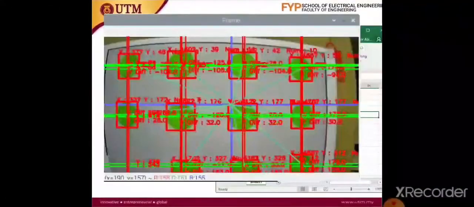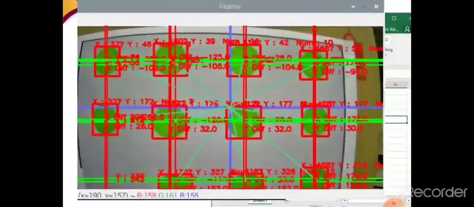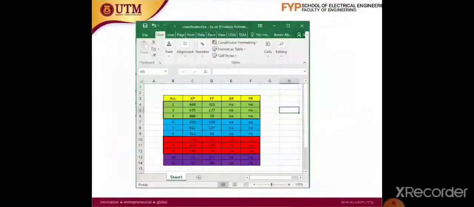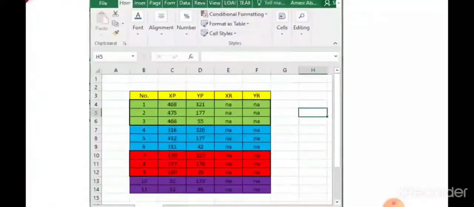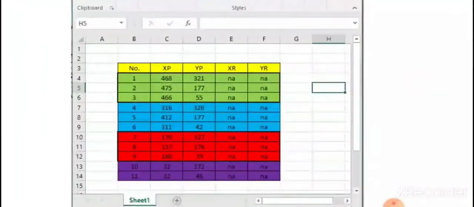Okay, from this data we can use the predefine function. The function of predefine is to determine the coordinate of the plant, because the plant is fixed, so we do not have to change the coordinate of the plant. The coordinate that we always want to update from time to time is the robot's. So what we do is we put this type of coordinate,